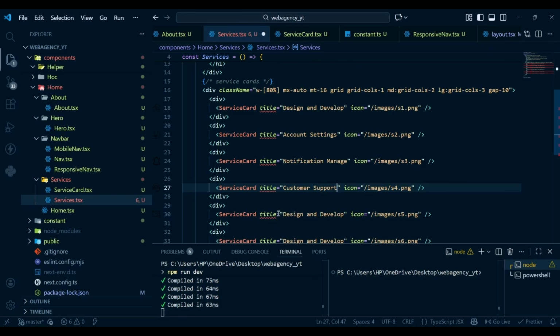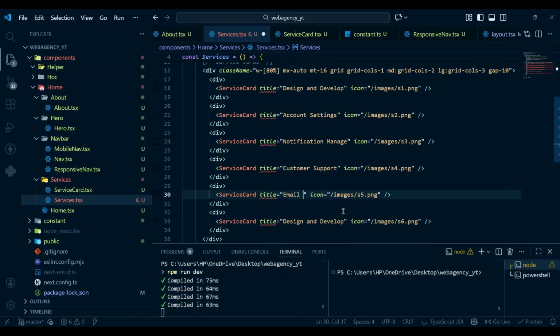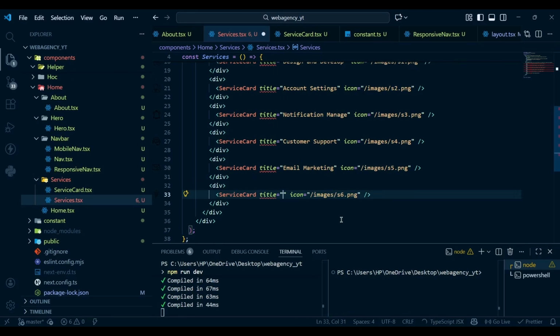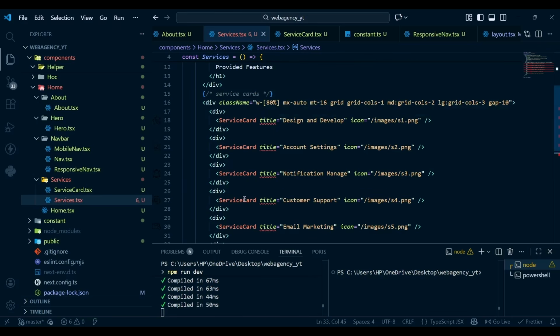Then we have email marketing. And then finally we have digital agency. So now we have to receive these props in our service card